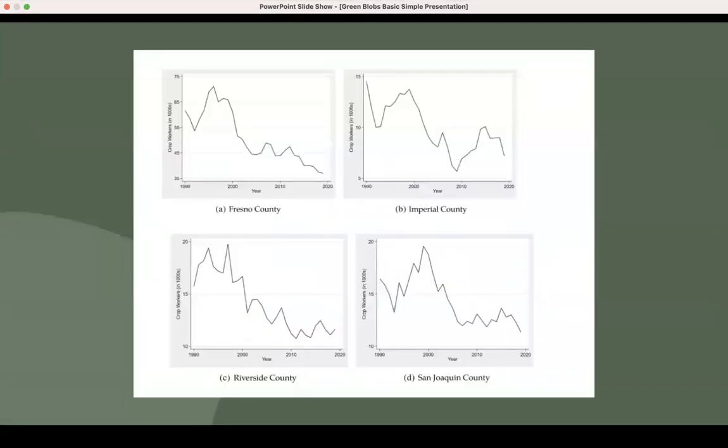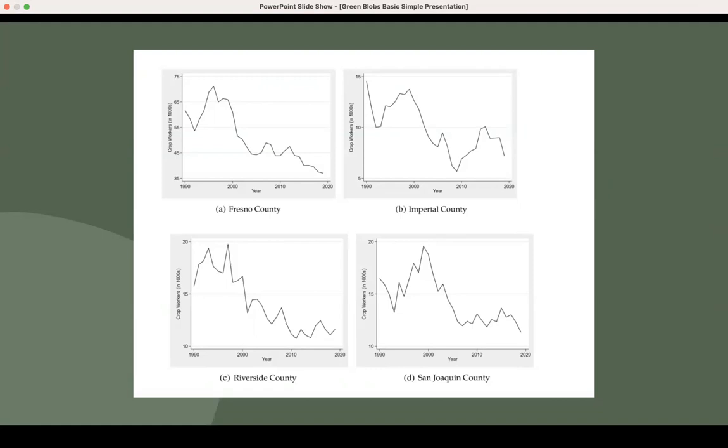And then after acquiring the data that we're going to use in our model, these were the results that we got. Basically, how the number of crop workers has decreased in the last 30 or so years. We look at this data, and we do look at more data that we're given. Additionally, our empirical strategy,